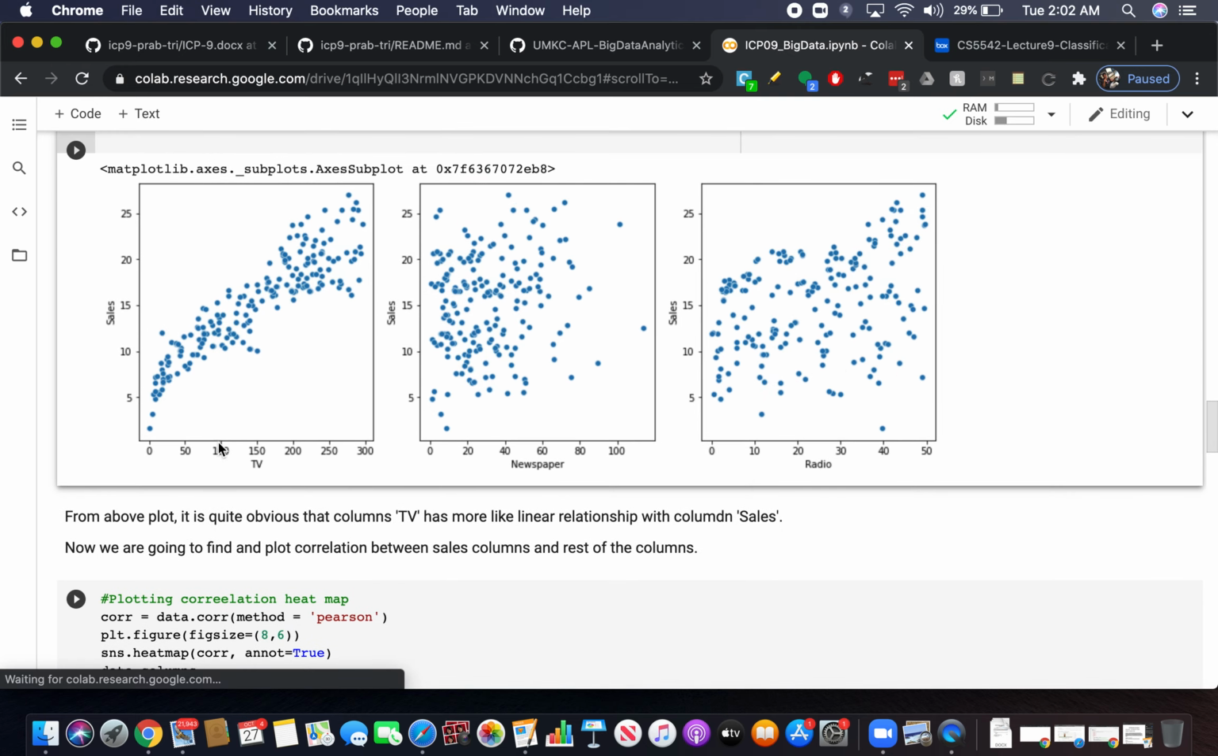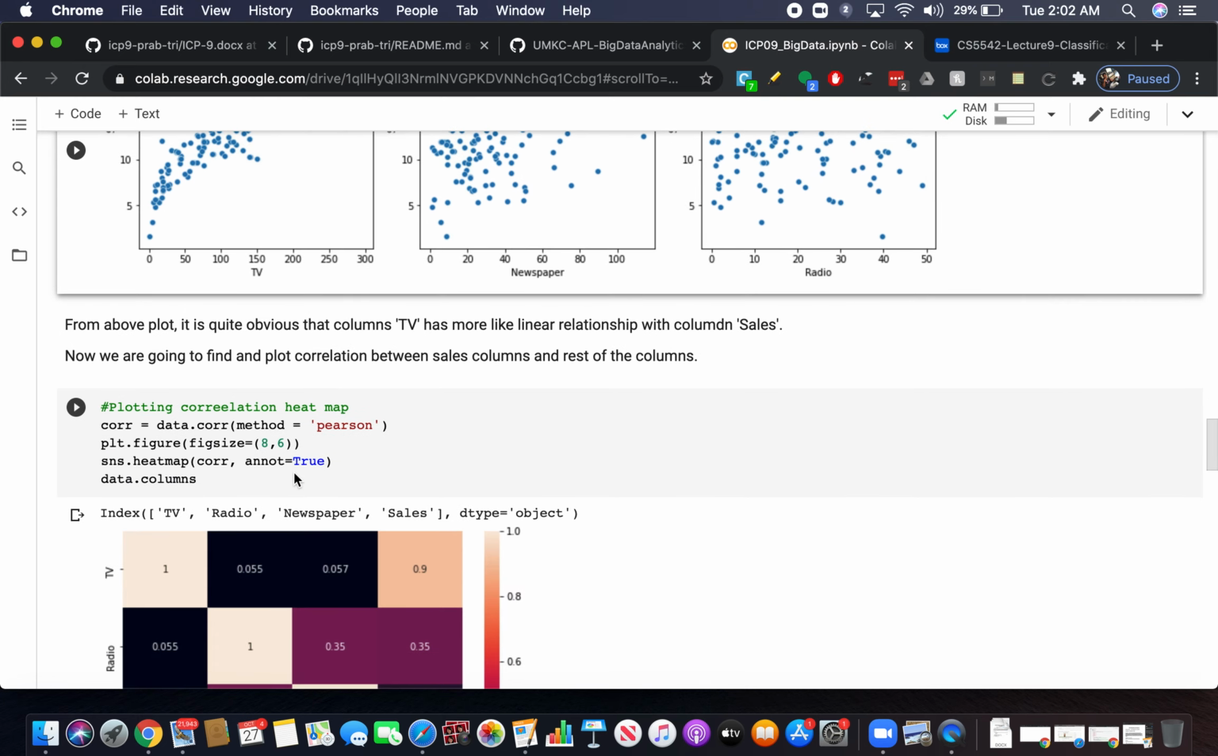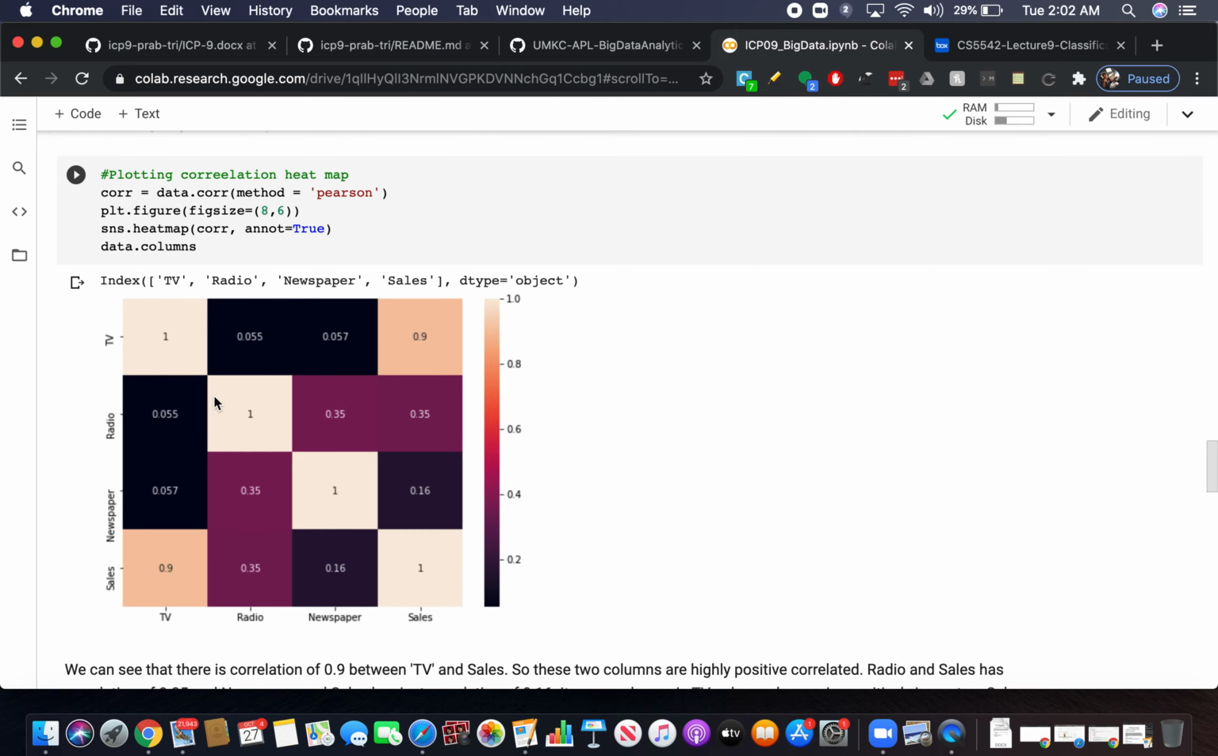So I have decided I'm going to create a linear model based on the TV and the sales, and this is the Pearson correlation. Pearson correlation is nothing but how one feature is related to another feature. So here, if you see for the TV and TV it's 1, so basically 1 is the highest